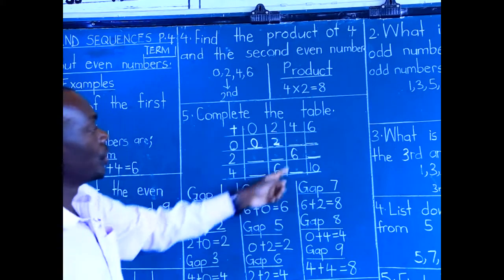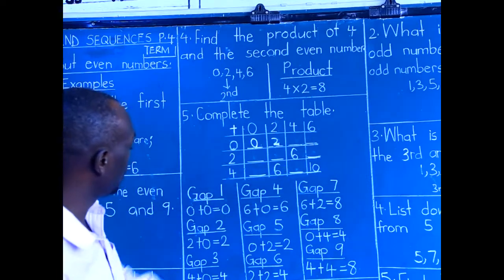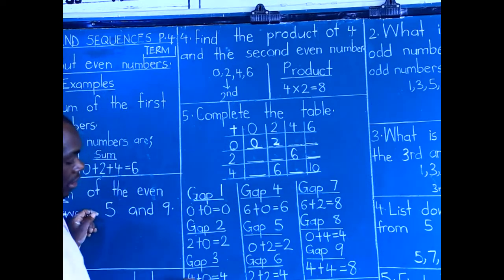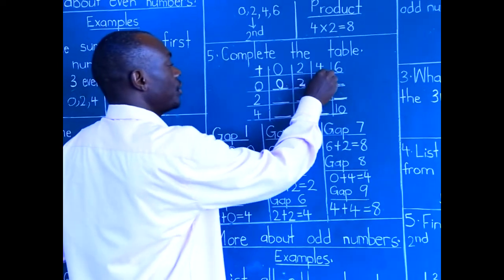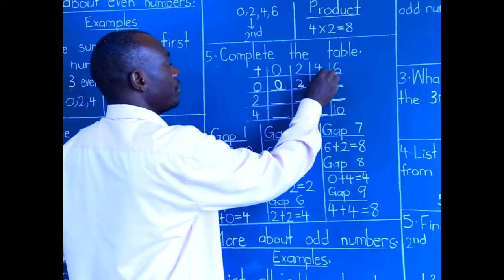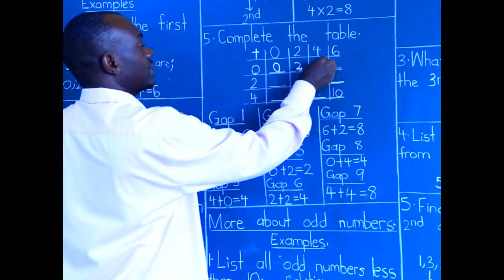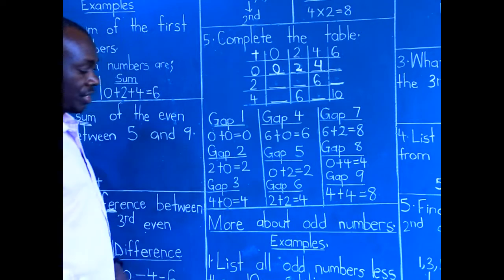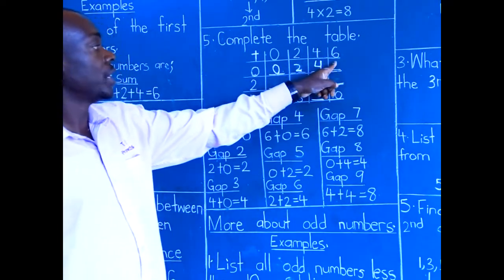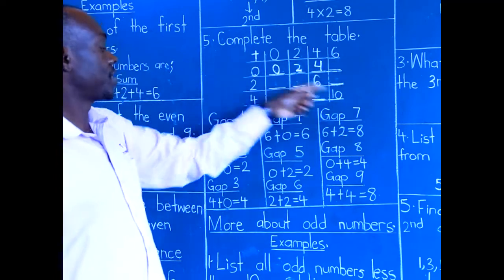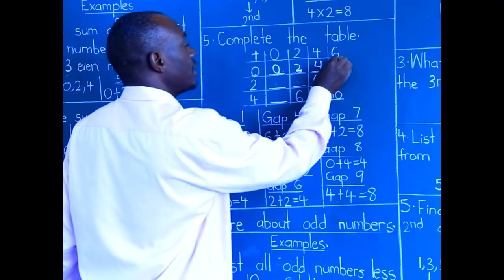And now we go to this one. It's going to be 4 plus 0. Gap number 3 is saying 4 plus 0 is equal to 4. And then fill in that 4 here. Let that 4 be filled in properly, and then you get the third mark for that kind of table. Then this is going to be gap number 4. Gap 4, 6 plus 0 is equal to 6. Then fill in that 6